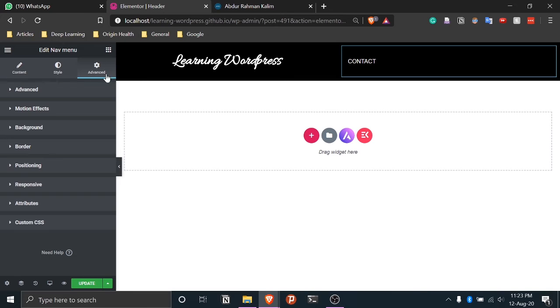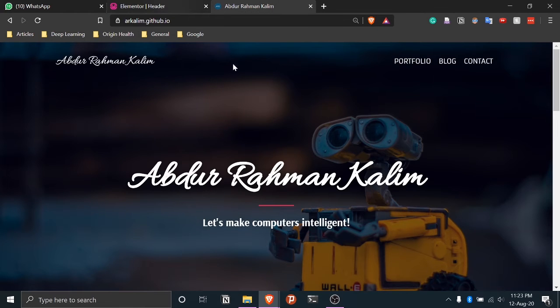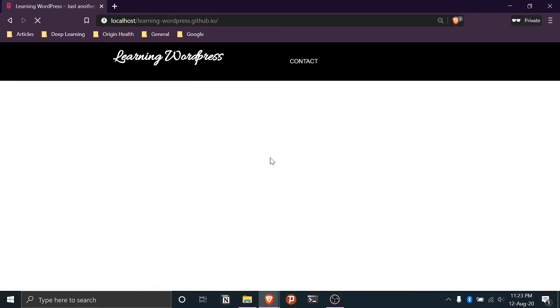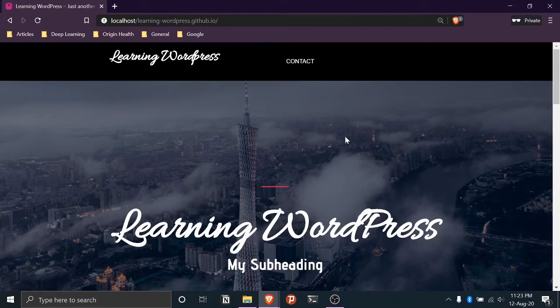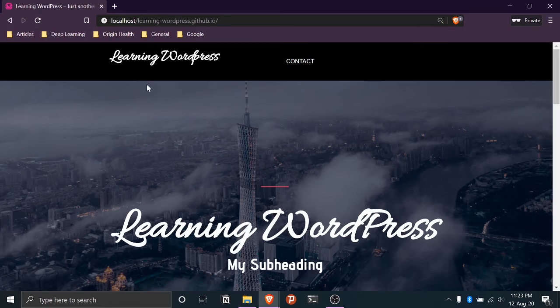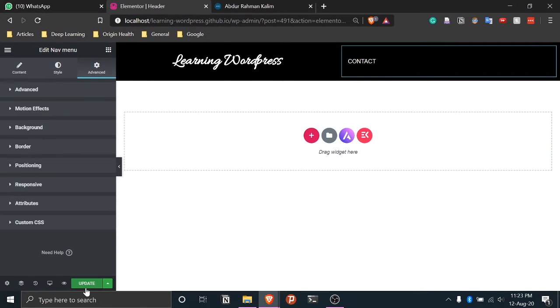This is cool. Another thing I want to tell you is, if I go here and scroll down, you can see that the header does not stick out. And if we reload this, now you can see it's fine. One second. Oh, I'm sorry, I forgot to update it. That's why it didn't actually align. So a very important point: always update after you make some change.